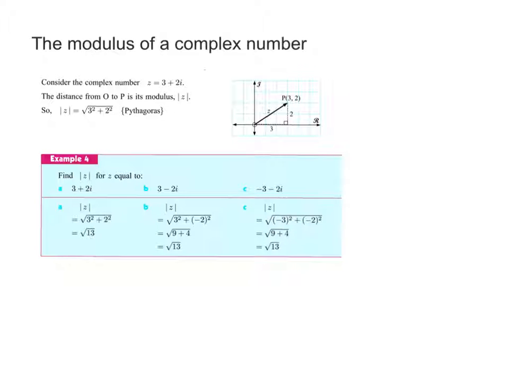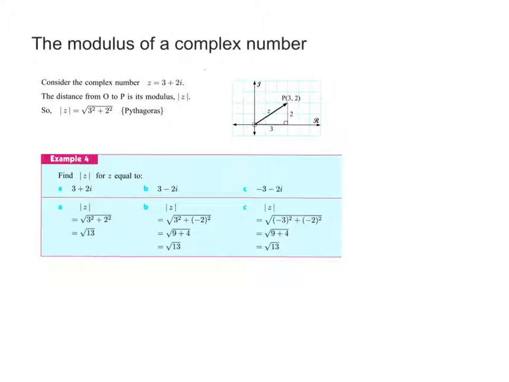So they're saying consider the complex number z equals 3 plus 2i. Then we would graph that by going 3 in the real direction and then a positive 2 in the imaginary direction. We can relate these to vectors, so that's the vector that represents 3 plus 2i. When we find its modulus, we're just doing the Pythagorean theorem again, and our work looks something like this down here. So we have 3 squared plus 2 squared to find the length of that hypotenuse,